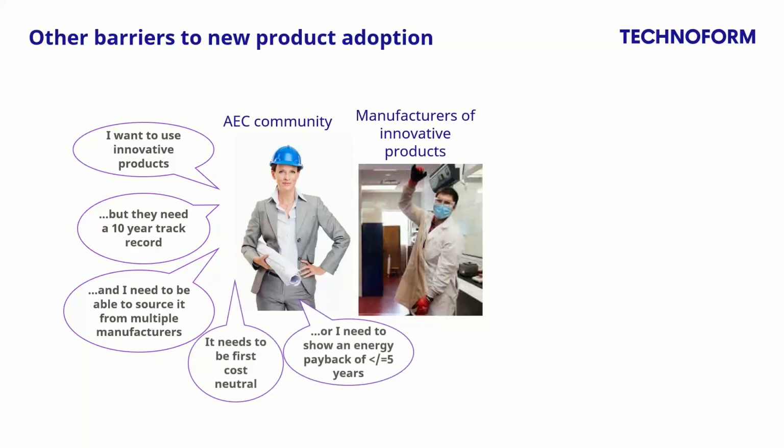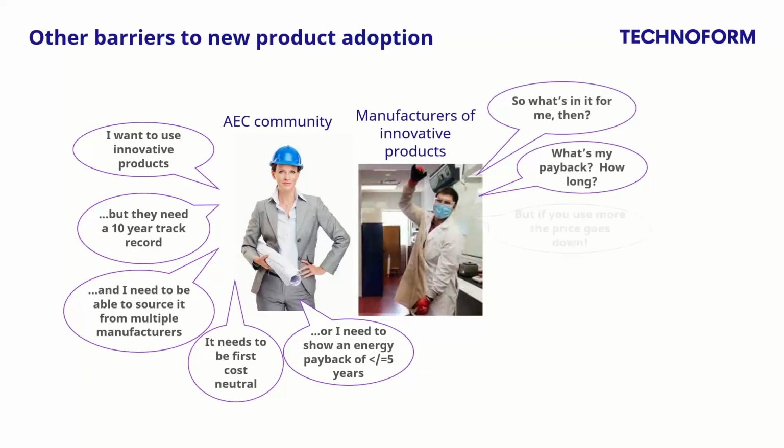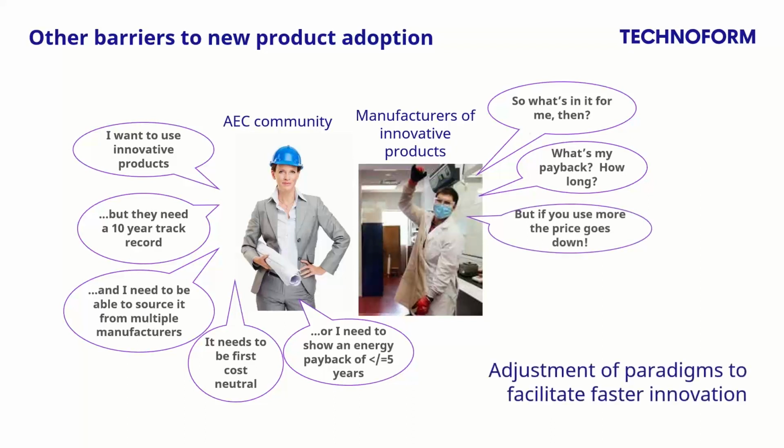Well, then the material suppliers don't see a return on their investment because of long adoption times, and they have to wait for their competitors to catch up. And then the market doesn't see price reductions that come with manufacturing economies of scale. But if we want to drive facade performance faster, we must find alternative ways to demonstrate reliability of new products,